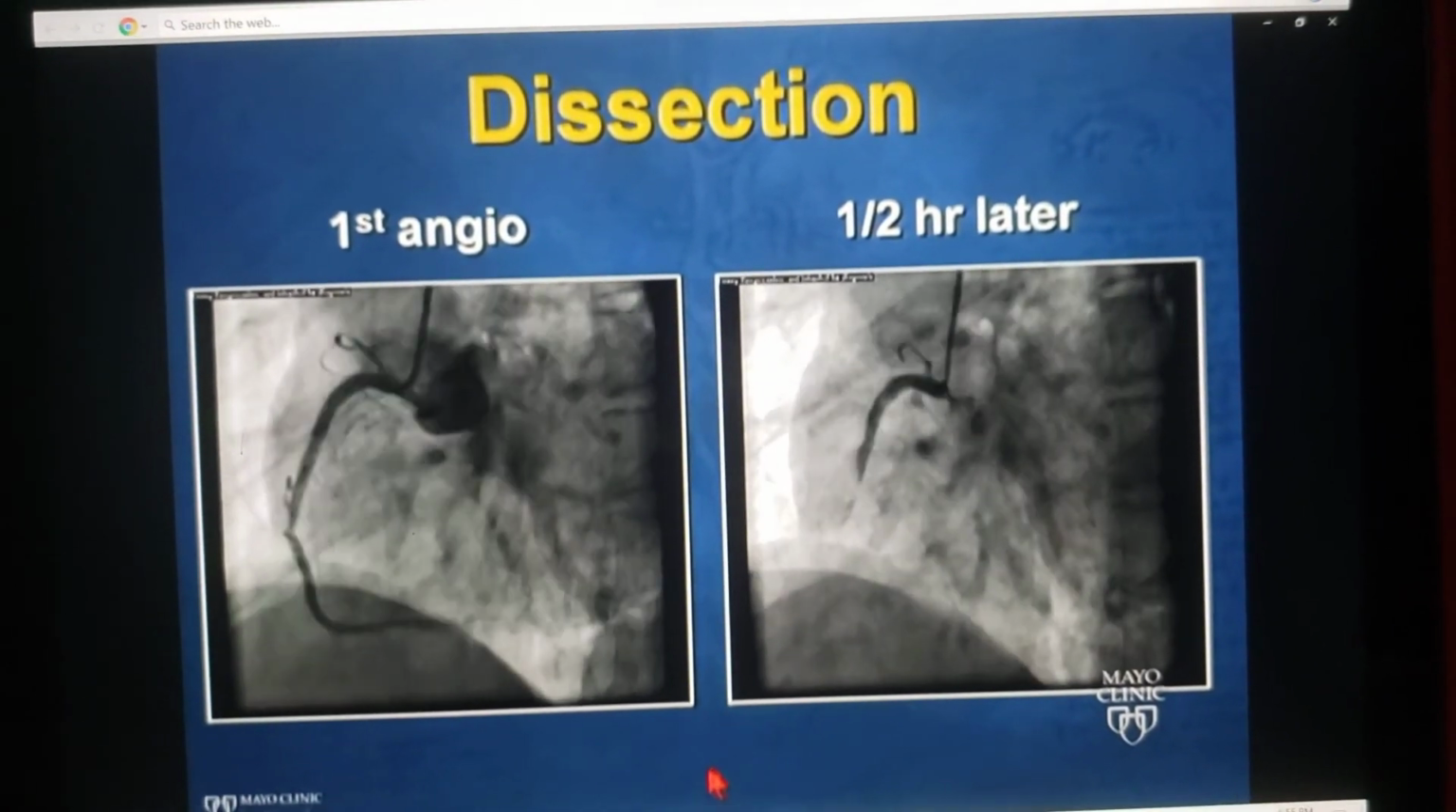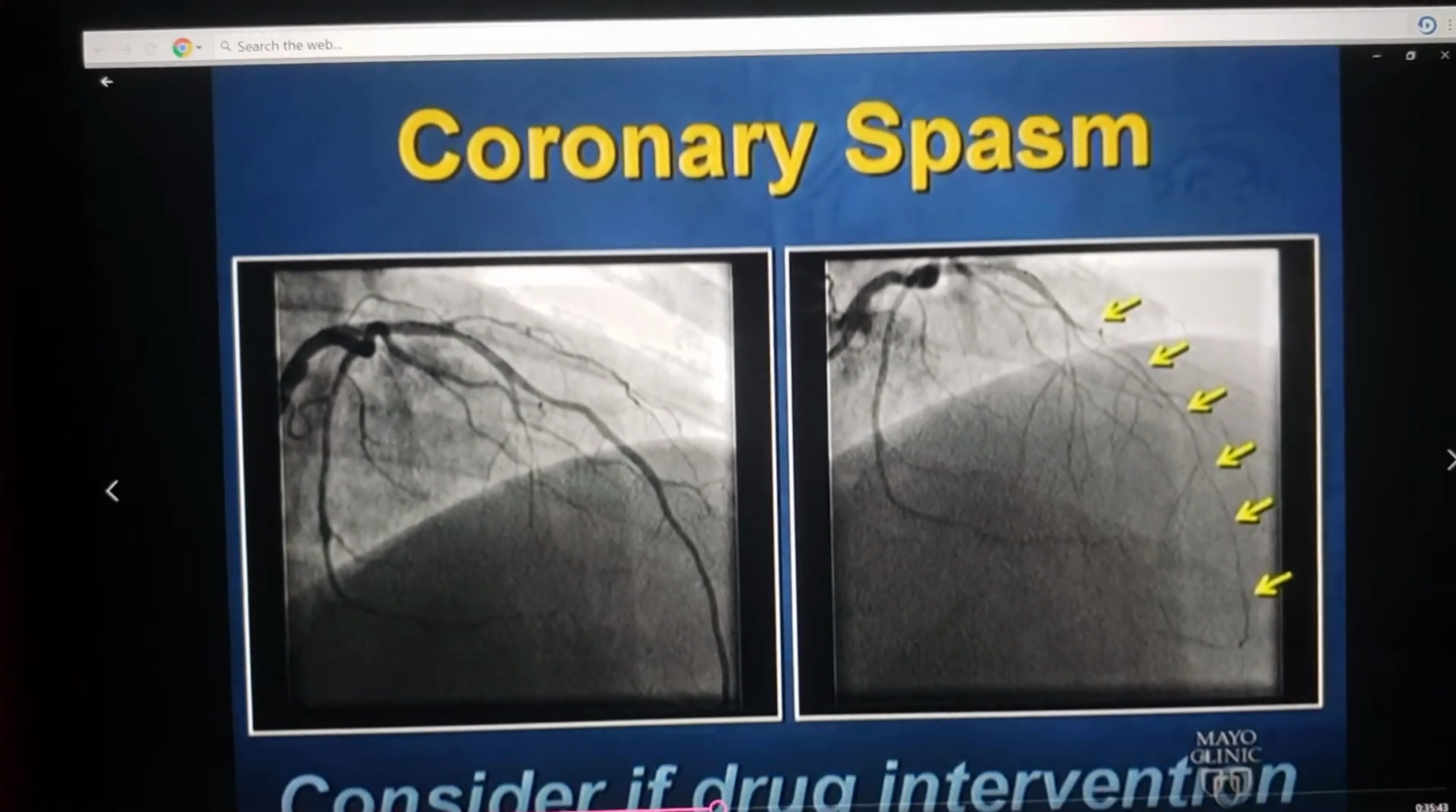with complete occlusion. Coronary spasm is also something you may